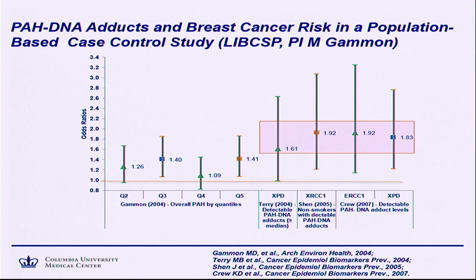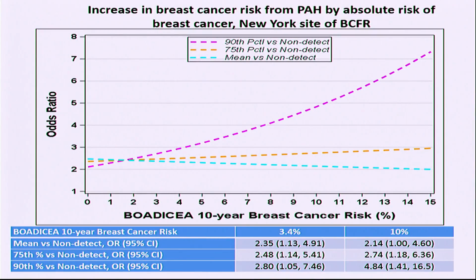So what we went on recently then to do is a study. This is just, again, proof of principle because we're doing it now in the larger cohort with 1,200 breast cancer cases. This is just using the New York breast cancer cases. But what we did then is use that Boadicea score. So the Boadicea score is a continuous measure predicting risk, but it doesn't involve any non-genetic factors. So it's just based on pedigree, BRCA1 and 2, and any other major genes that you would know of in any of the families. So you get a continuous score,